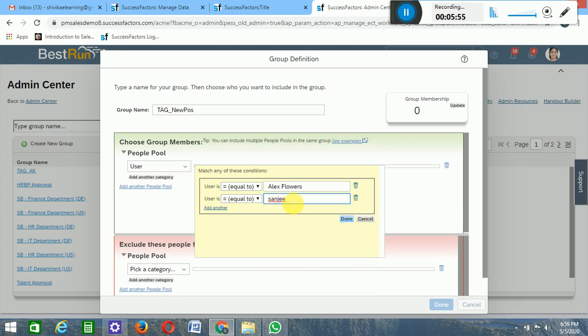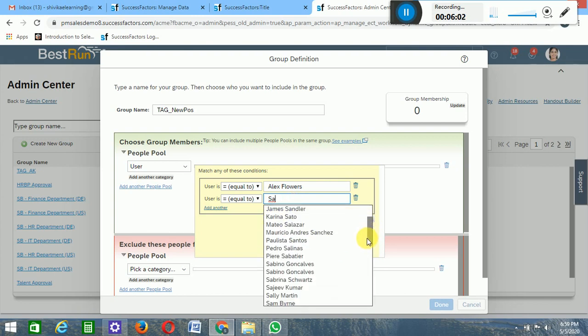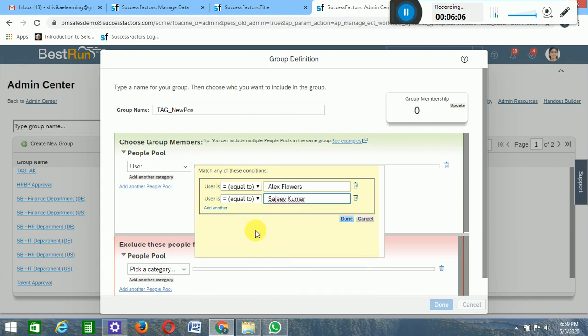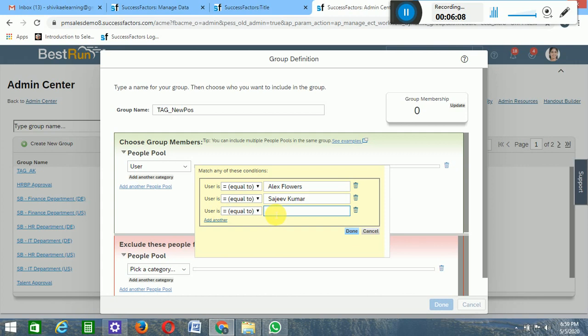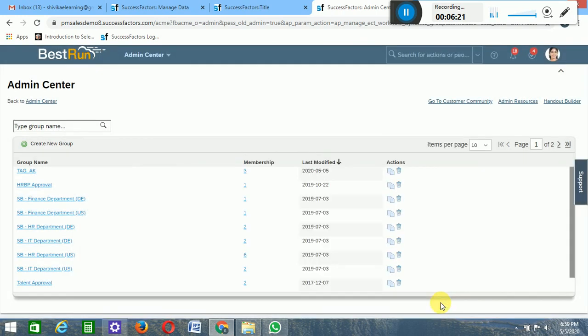Anybody named Sanjeev? I don't think so. Okay, SA, we'll select from this. You can select depending upon the requirement. Sajeev Kumar. Okay, I'll select Sajeev Kumar, and one more I'll take, Emily Clark. Okay, so done. So we have created a group with the name tag underscore new position.